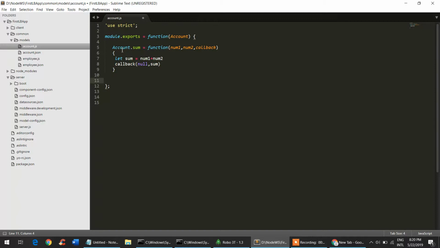Now to call this function from a REST endpoint, what we need to use is something called a remote method. A remote method is provided by Loopback. This API is responsible for exposing our function via a REST endpoint. To do that, we'll create a remote method and the syntax is account.modelname.remoteMethod followed by the function that you are trying to call. So my function name is sum here, you can see. So I have written sum here,